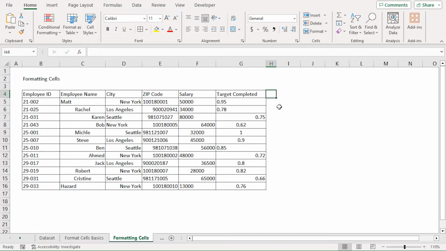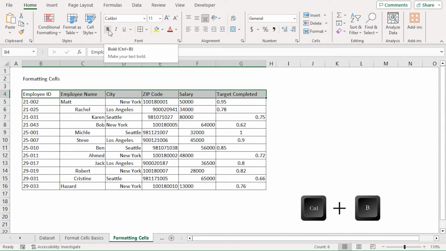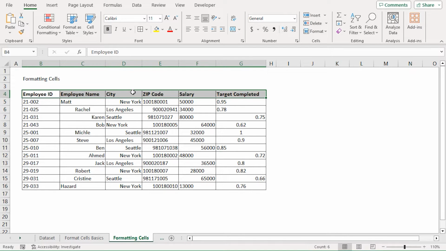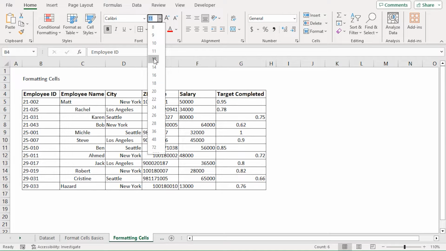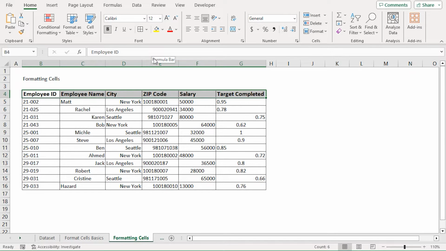In the second stage, I'll convert the first row of data, which is in row 4, into column headers. To do this, select cells in the B4 to G4 range. In the Home tab, on the Font group, click on the bold icon. Alternatively, press Ctrl B to make them bold. Then, I'll increase the font size to stand them out from others. You can see their present font size is 11. Click on the drop-down arrow and select 12 as the font size to make them a bit bigger. Also, you can use the Increase Font Size and Decrease Font Size icon to change the font size one step